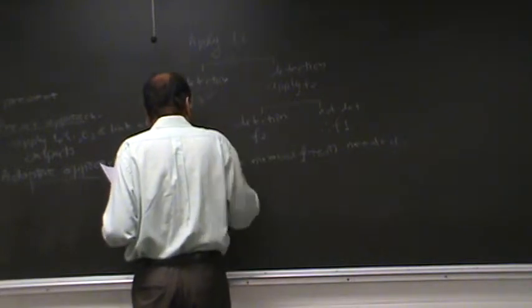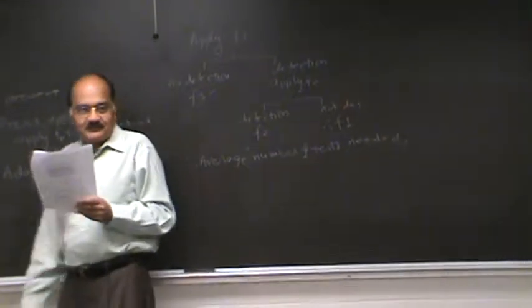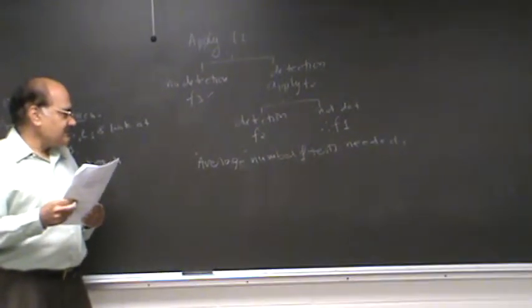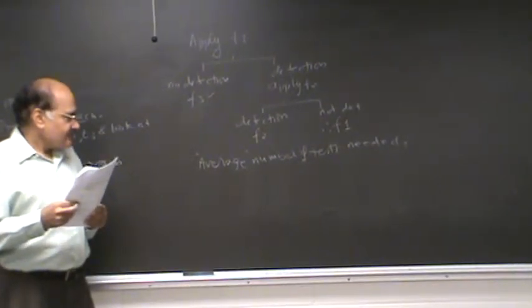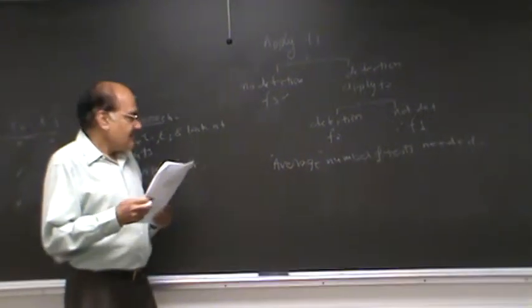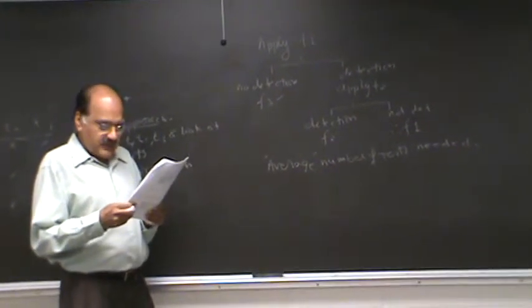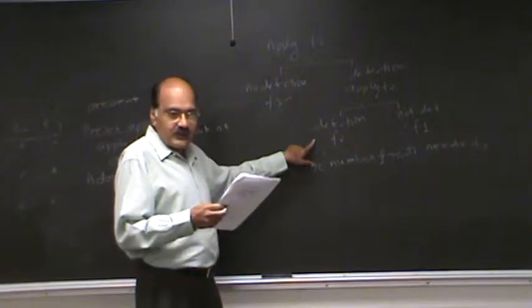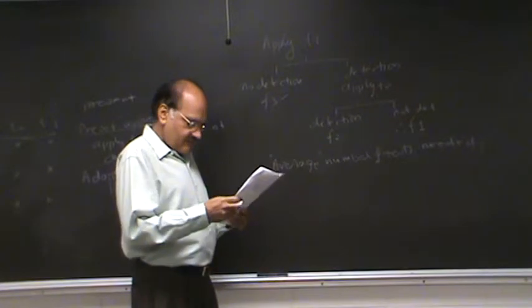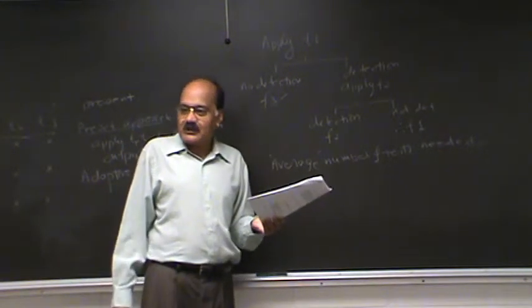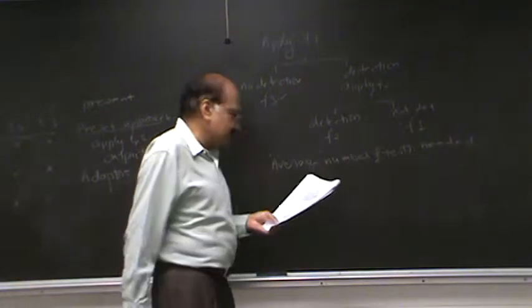Okay, does everyone know the meaning of the word average, which in statistical terms is called expected? So what is the expected number? So sometimes it is going to take 1, sometimes it is going to take 2, right? Now assuming that each fault has equal probability of being present,